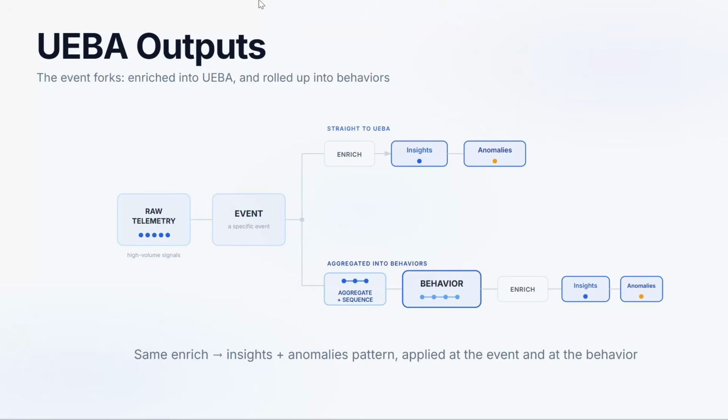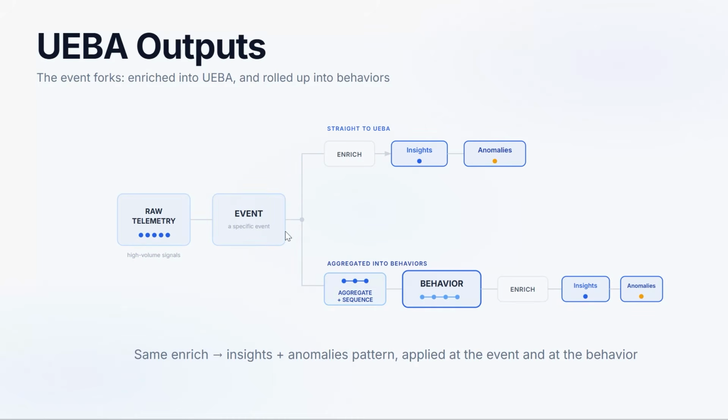In order to provide clarity, I will walk through each type of capability in UEBA today. Let's pull up a slide where I will be able to show you what actually happens to an event when it goes into the UEBA system. We have the raw telemetry, the raw logs coming in, and then we have an event that is meaningful and eligible for UEBA. Then two parallel processes happen.